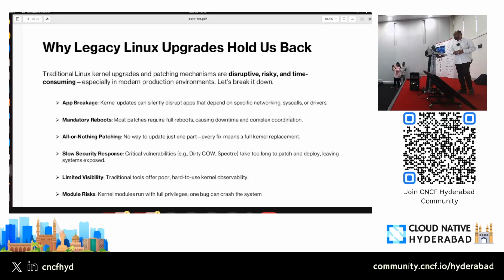And whenever there is a need for an upgrade for any of our use cases, whether that could be an application or anything that is running on top of the Linux kernel itself, whenever you submit a feature request, do you know how much time it will take for that feature request, even if it is accepted, to come into production? Months, probably many years, probably a decade or so, right?